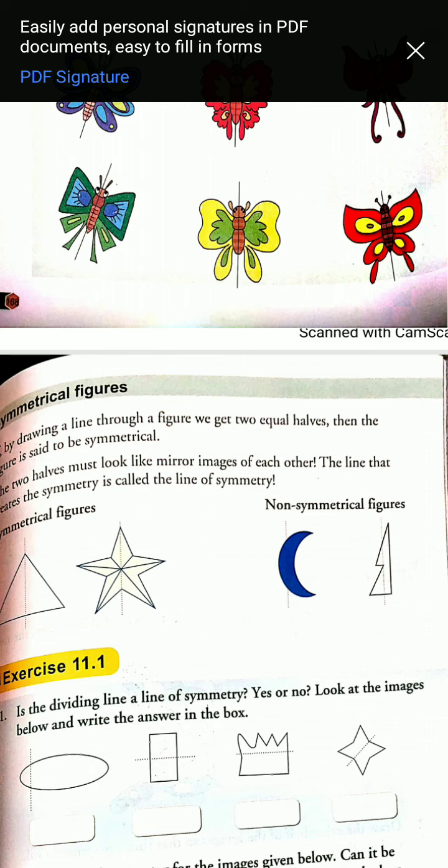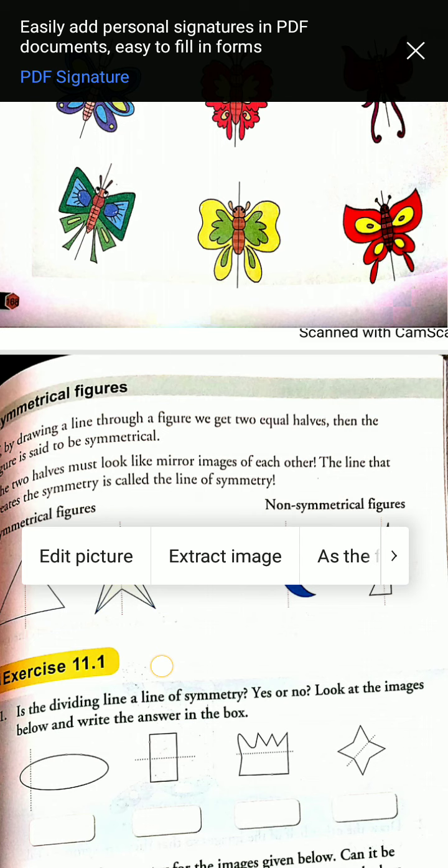That means symmetrical figures. What is a symmetrical figure? A symmetrical figure is one that can be divided by a line into two equal parts. Two equal parts mean two equal halves, just like the reflection of each half in a mirror. Take any page, not a rough notebook, and just fold it in the center. Then what will you see? Just like symmetry, half on that side and half on this side, when you fold any plain colored page.